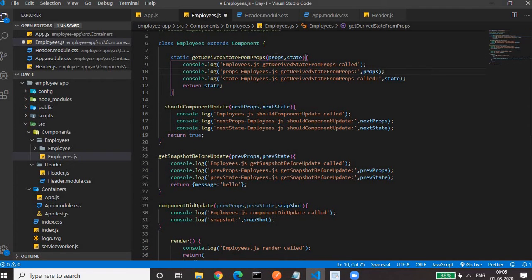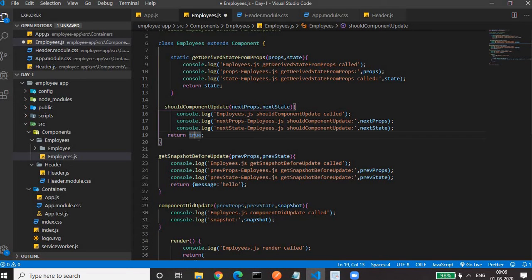So here are the functions which are executed in sequence when the props change. First of all, get derived state from props is called. So this function is called during the component creation as well as during the updation also. Then should component update is called. This is the main function, which always returns a boolean value, true or false.